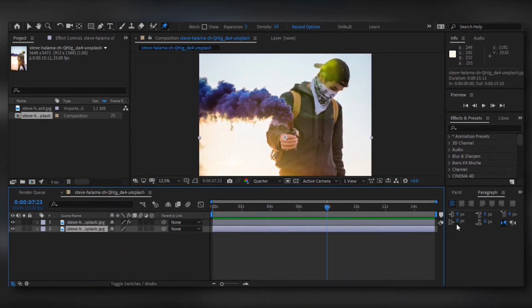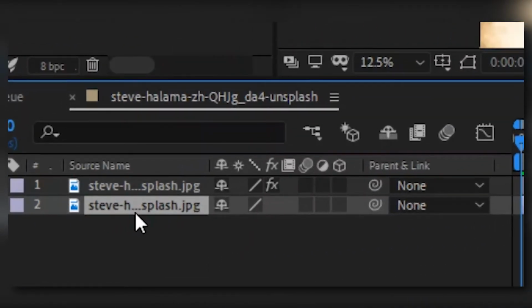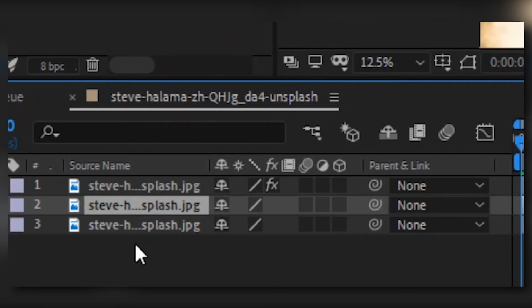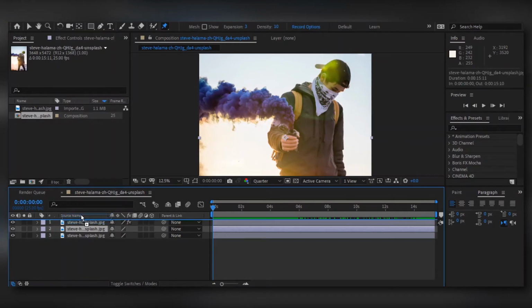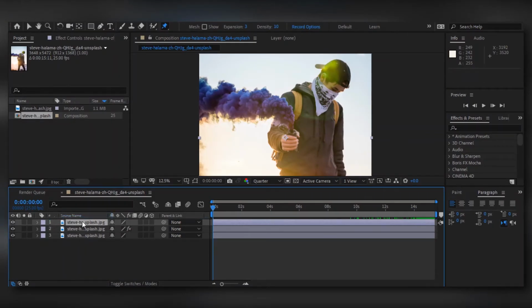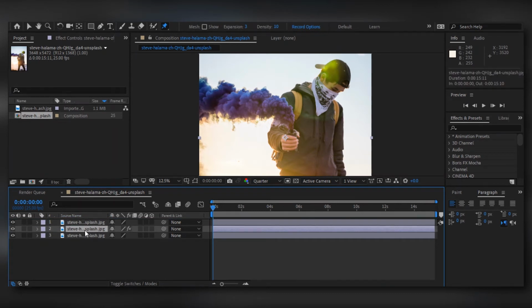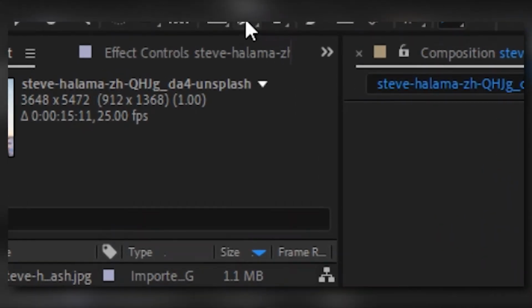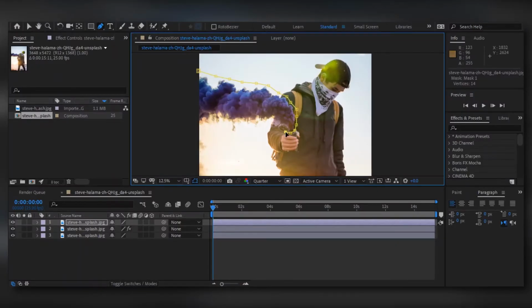To fix that, what you can do is come to the bottom layer, which is the normal photo where nothing is moving, and duplicate that by hitting Ctrl+D again, and put that second layer on top of the first layer. So now the upper layer is the normal photo, and the second layer is the layer where we have given that moving effect. Now, keeping the upper layer, that means the normal photo, selected, click on this pen tool and draw a perfect mask around that smoke.